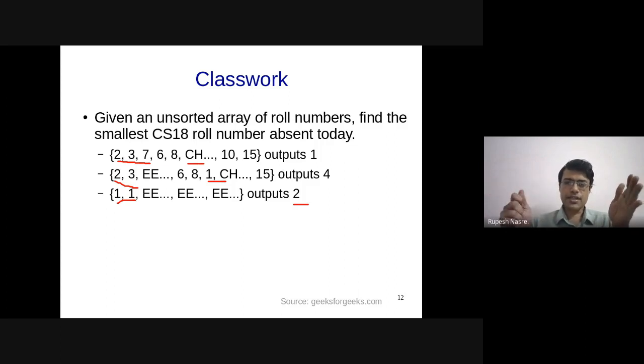The observation is that if there is a large number which is present in the input, that means that there is some small number which is missing in 1 to n, and therefore you just need to track 1 to n numbers. Does that seem reasonable?